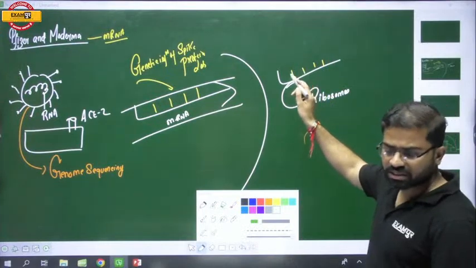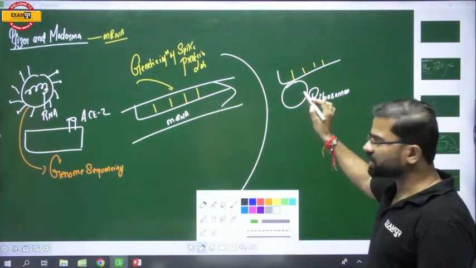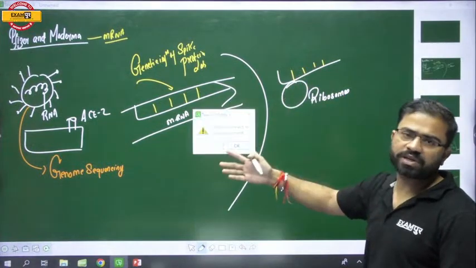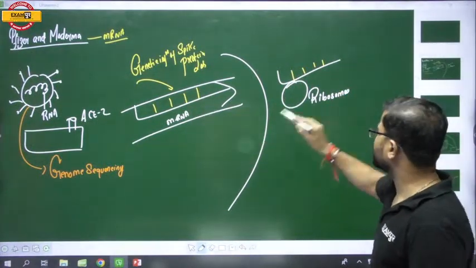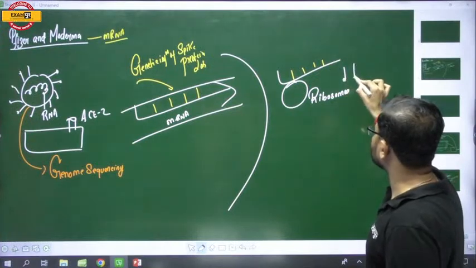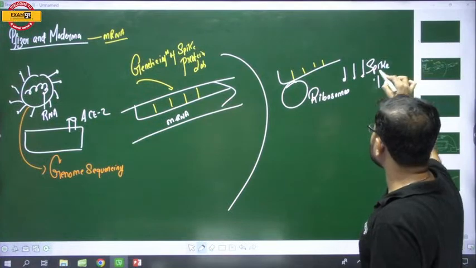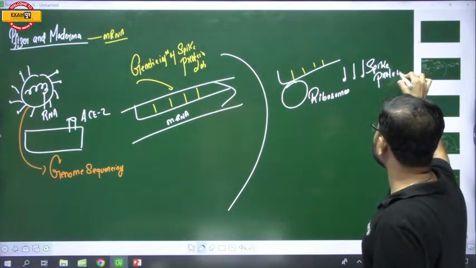What is the genetic information? The genetic information is spike protein. So the ribosome will read the genetic information, and the same genetic information will get converted into the respective protein. So what will happen? It will produce the respective protein. This is called spike protein. The spike protein is being prepared in our body with the help of your